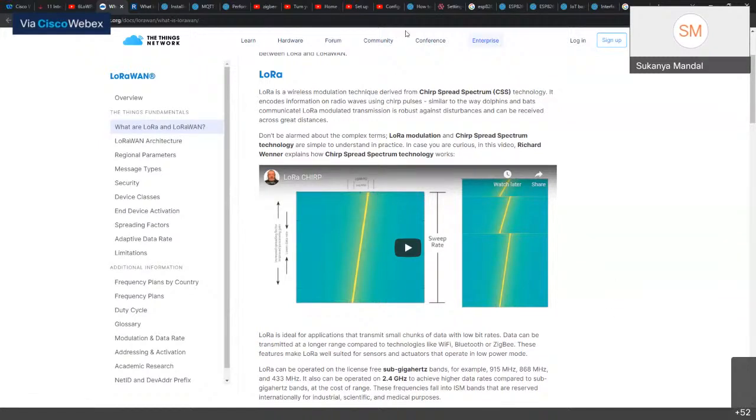Before I start this, any questions on these wireless protocols? Maybe you can put it in the chat or also raise your hands. Yes, participants, if there are any questions,